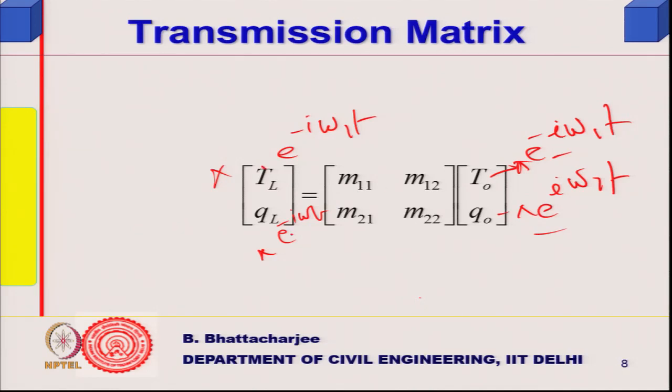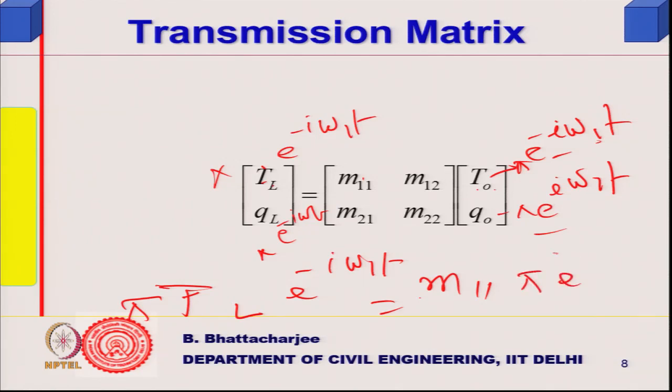Therefore, it will cancel out. The equation will look like this: phi TL e to the power i omega 1 t is equal to M11 e to the power minus i omega 1 t T0 plus M12,